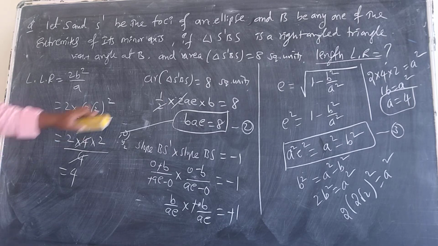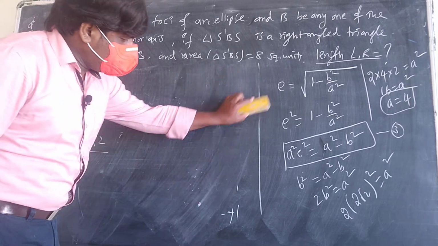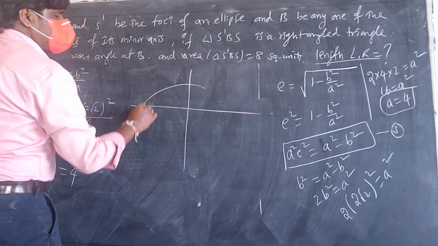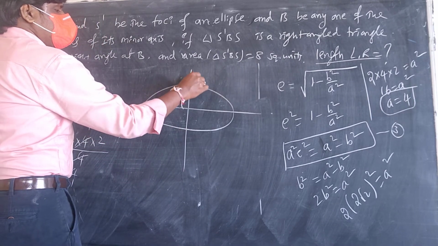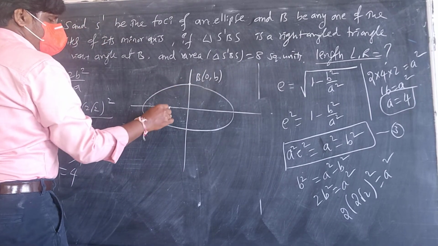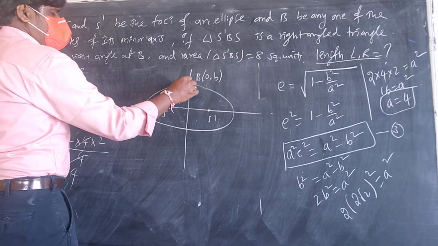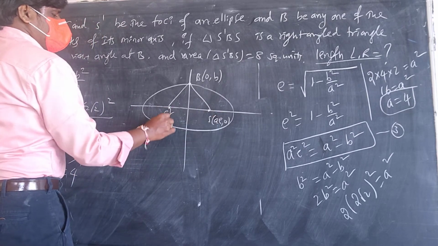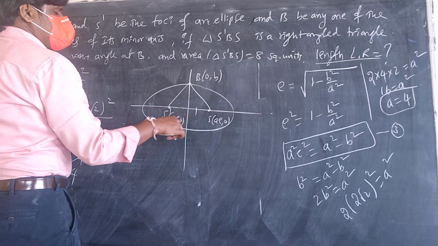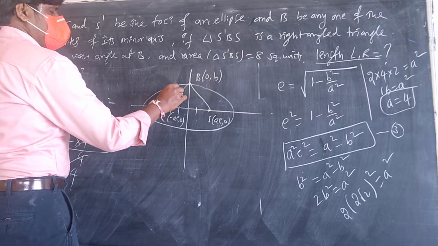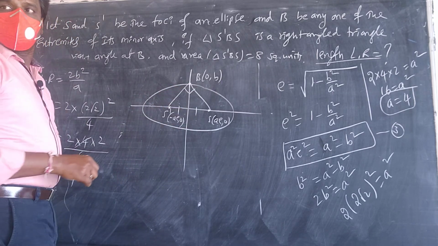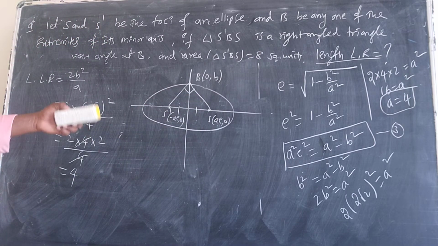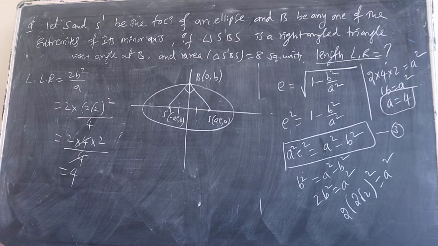And there is one more method, a lengthy one like the one I explained. One more method is, you can take this ellipse, this is the B point, 0 comma B, and this is focus 1, focus and focus dash. You know that this is AE comma 0, and this is minus AE comma 0, this length equal, and it will become an isosceles triangle. So using this concept also you can find it. This will be another way, otherwise that is okay. Fine.